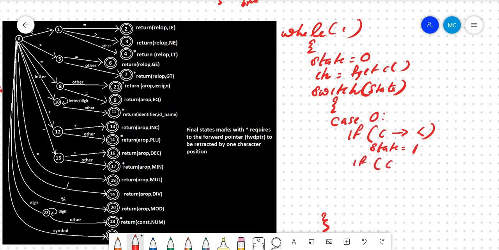If ch is greater than, you will initialize your state to 5. If ch is a letter, you will initialize your state to 10. And so on and so forth till you initialize for all the symbols till 22, 25, I guess.